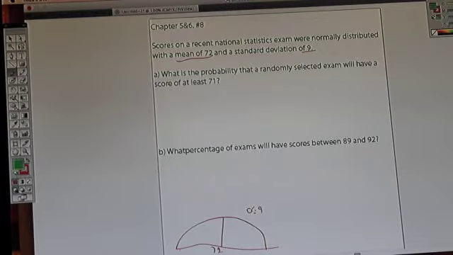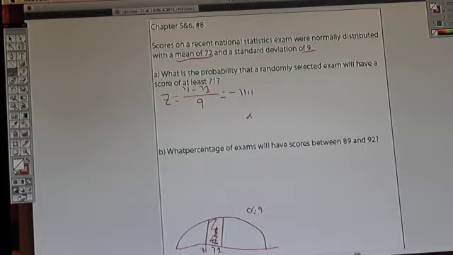So for part A, we're looking at the probability that a randomly selected exam will be at least 71. So 71 would be about right here. And we're looking for the area in between there. In order to find that, we need our z-score. So we know our z-score formula is your score, in this case it's 71, minus the mean, which is 72, over your standard deviation, which is 9. When you compute that out, you get negative